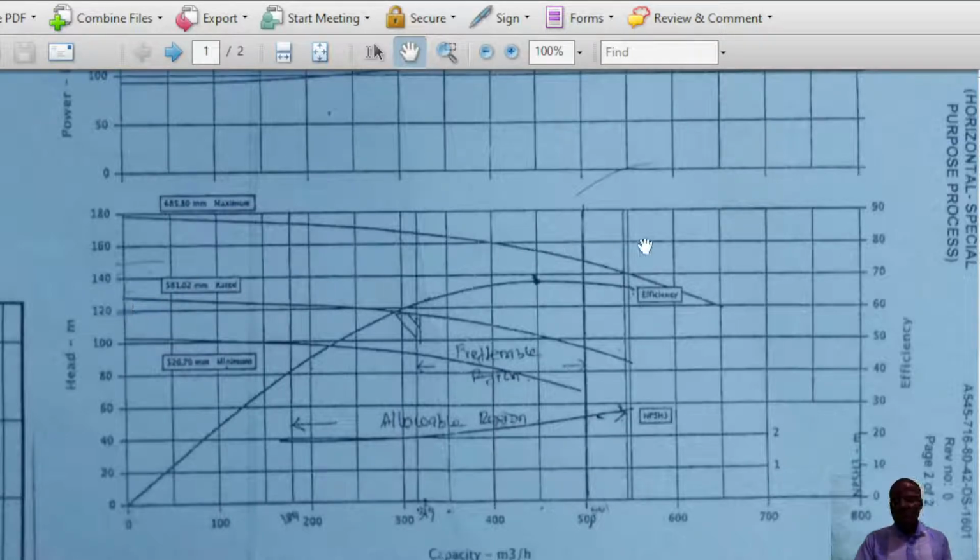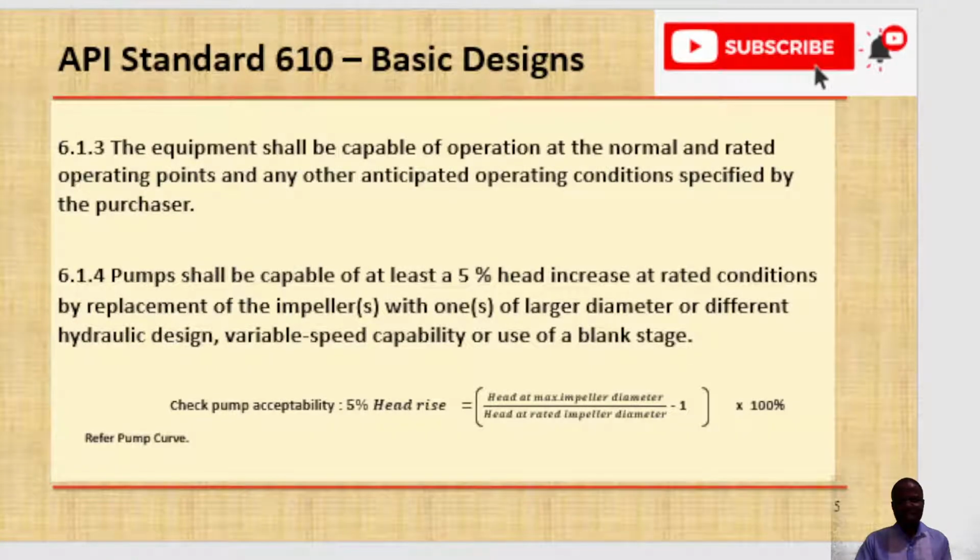Now when you are checking the 5% head increase, it will be the head at maximum impeller diameter, which is around 179, over the head at rated impeller diameter, minus 1, all in brackets,